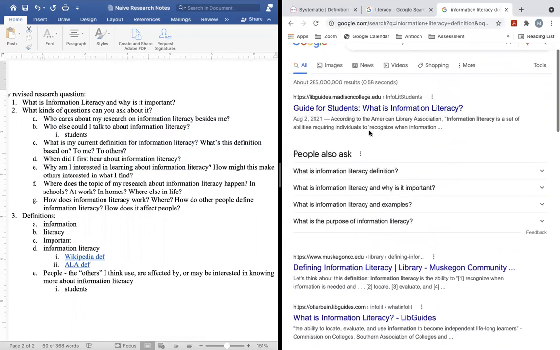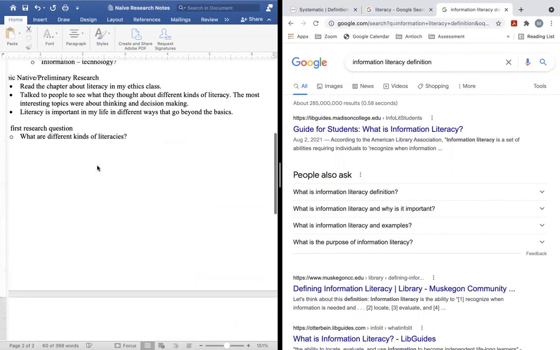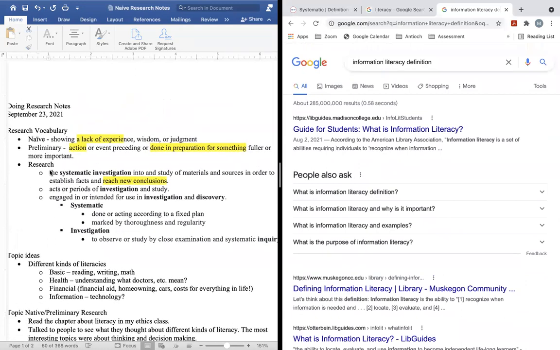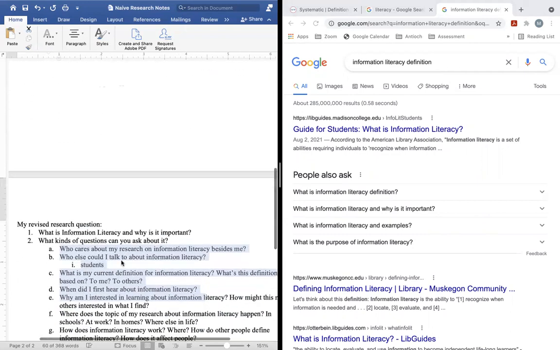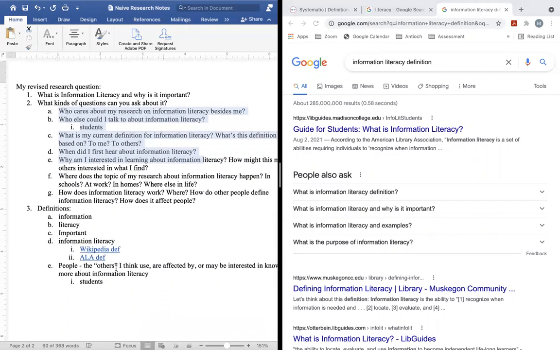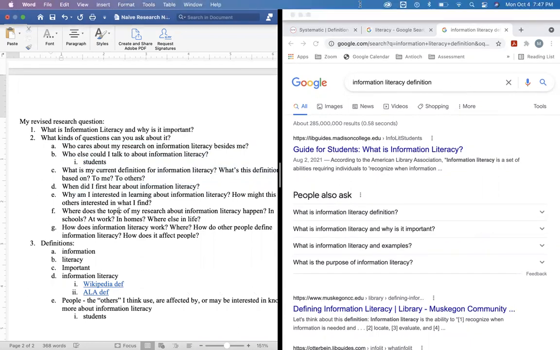So that is my quick two cents about how to do some quick naive research just to get you going as you think about narrowing down and focusing your research, so that you can develop a fixed plan with a purpose and some direction. So now that I have those few things, I can at least read about what my topic is, and then I can come back and try to answer some of the questions. So yeah, hope this video has been helpful.